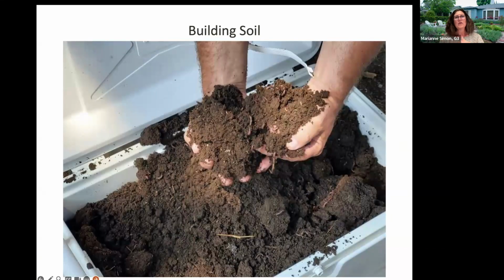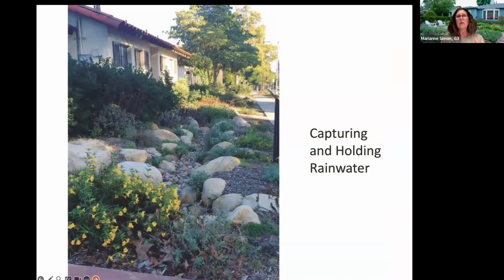So we start out with the first one, very important. It doesn't matter what you're planting or where you are, the importance of building that healthy soil sponge. So the idea that when we get rain, or even irrigation, the soil has the ability to hold on to that water, release it to the plants, and that we have lots and lots of biology in there creating nutrients for our plants. Super important, especially in these areas that are more vulnerable to fires.